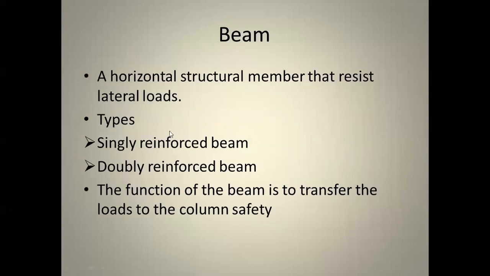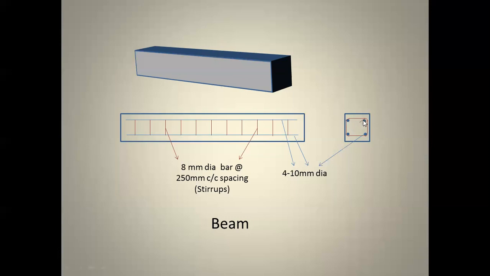Okay, so we saw two types: singly reinforced, doubly reinforced. See, we have two planes, one at the top and another one at the bottom. If both the top and bottom reinforcement, this blue color reinforcement, takes the load, then it is known as doubly reinforced. If either the top or bottom is only designed for carrying the load, then it is known as singly reinforced beam. So if we take a beam, it is three-dimensional, and if you see inside, we have the main reinforcement. This blue color is known as main reinforcement. For a beam, we should have at least a minimum of four reinforcement bars.